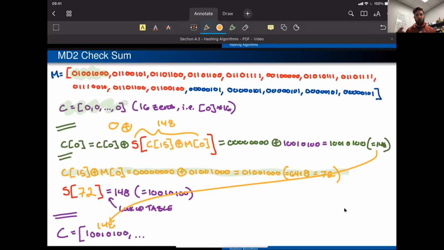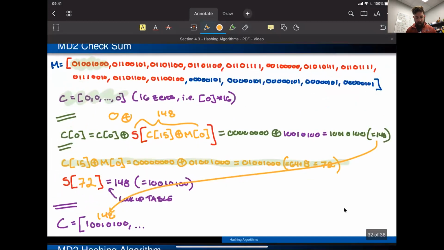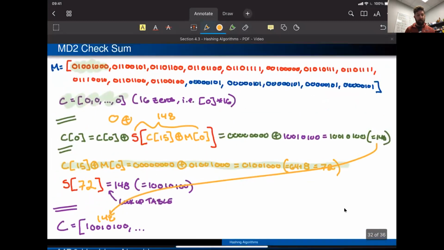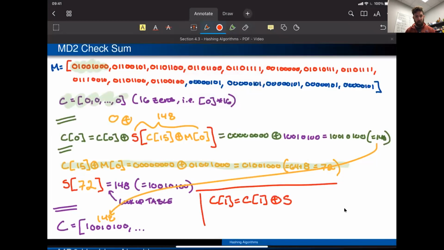And you keep that process going on downward. In the next step, some things become a little more interesting because your previous checksum value now has some meat to it. So if I wanted to handwrite that out, maybe we'll change colors. I'll try to do it really small here. If I wanted to generate what C1 is going to be, coming from M1, C1 is going to be the current value of C1, which is now a 0. And then it's going to be XORed with whatever S kicks out when I compare